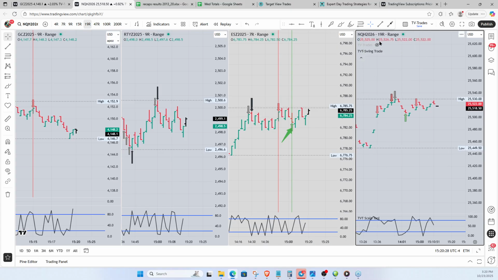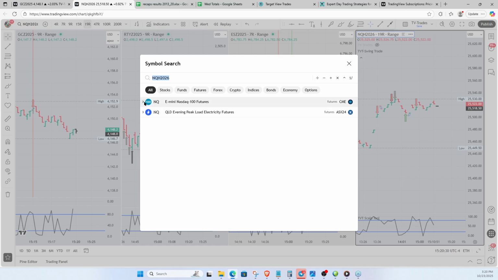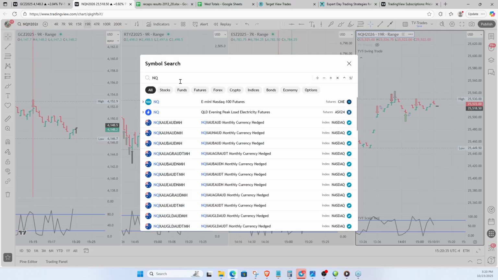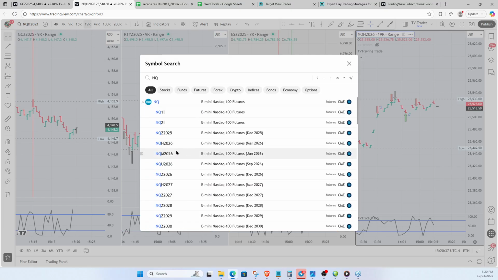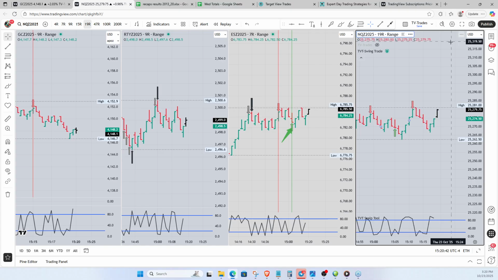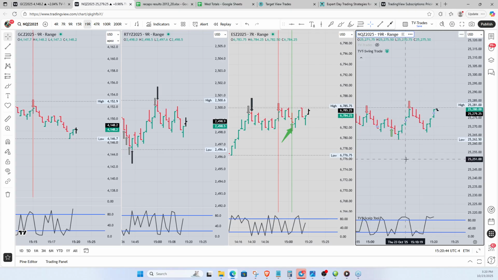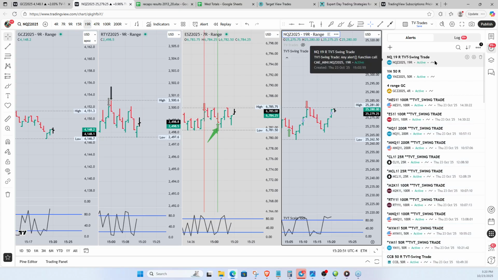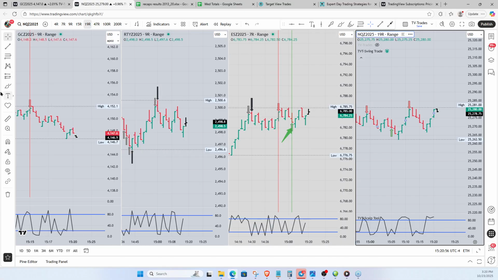No, it's on the H contract. That's what's wrong here. It needs to be on the Z contract. NQZ. There we go. That's probably why we weren't getting those signals. It's because it was on the H contract. It wasn't supposed to be showing signals from the H contract. Did I actually create that on the H contract? No, NQZ. Okay, good. Alright, so we'll look for some opportunities in here. Hopefully we'll get something coming up.